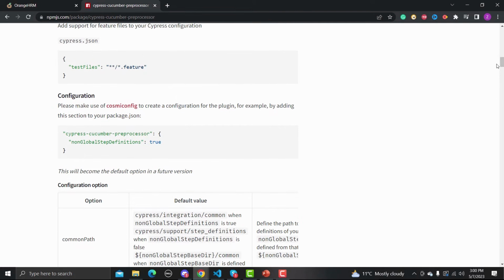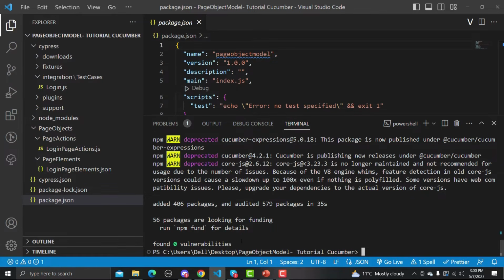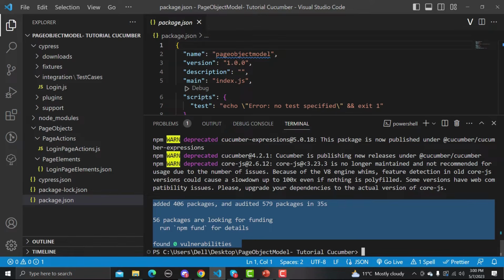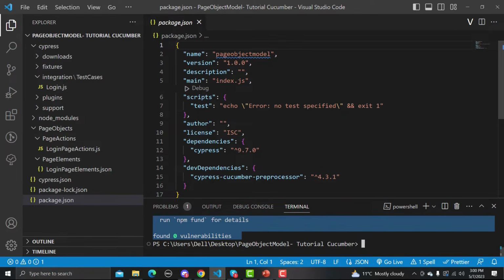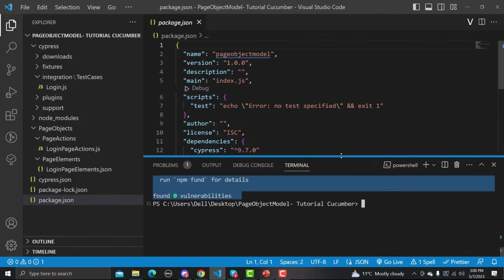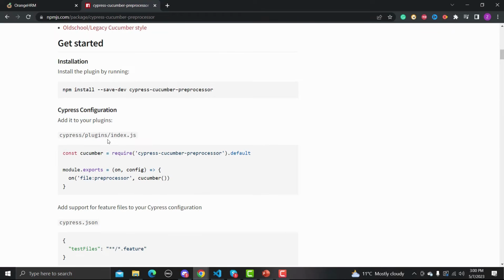So these are the configurations we need to do once it is installed. And let me go back to Visual Studio Code here, and this is done successfully. And if I go to my package.json, you will see that we have Cypress Cucumber preprocessor. Now we need to follow the instructions, and we need to do these additional configurations.